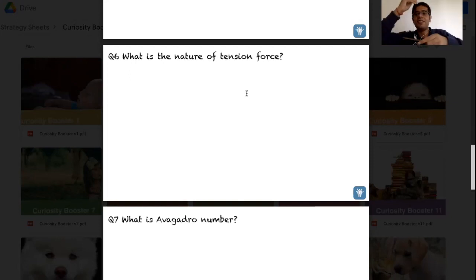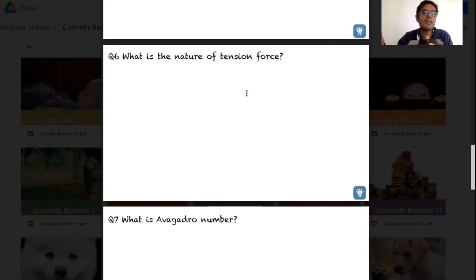Correct. One way to explain is, let's say this is a massless string. Now it is holding a block. If you look at the tension at the midpoint, or at the top, or at the bottom, it's going to be the same because the string is massless. If you are looking at the tension in the middle, only gravity is acting on this mass. There is no mass of this string, so this half string will have no mass. So tension at all the points has to be the same.